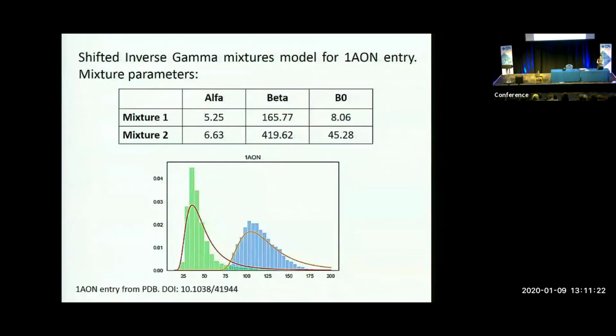And so the second question is, what you're doing is refinement, and then you take the B factors from the refined model and work out the distribution. Do you have a way of taking the intensity distribution as a function of resolution and predicting what would be the parameters of this shifted inverse gamma distribution that you'd expect in your model? If I take the low resolution, or?